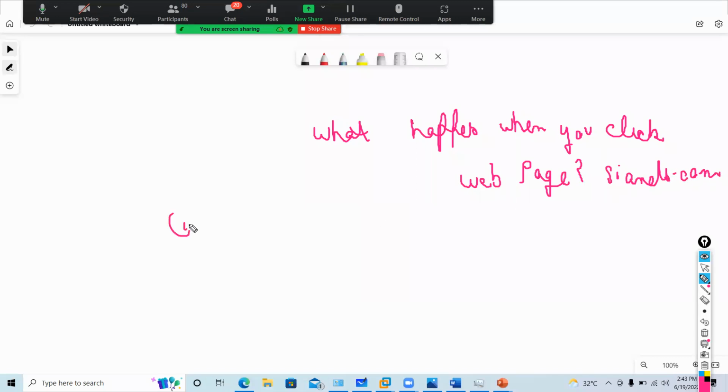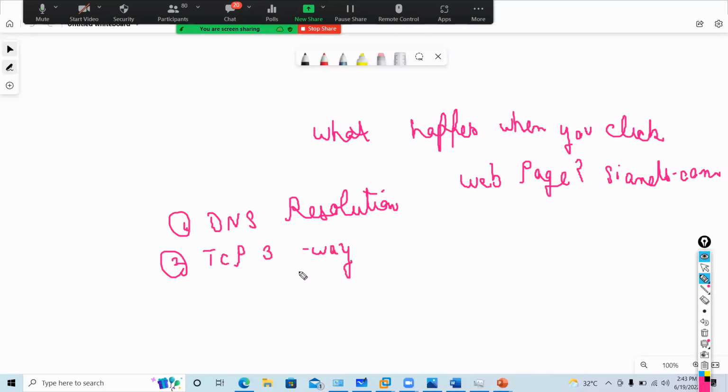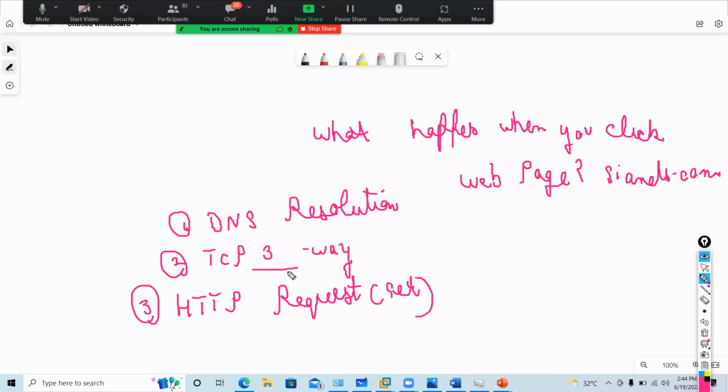First, guys, DNS resolution will be happening. Second thing will be your TCP three-way handshake. Once the DNS and TCP handshake happen, then your layer 7 HTTP request is sent, which is called a GET packet. So if the three-way handshake fails, guys, the client will not be able to send your HTTP request traffic.